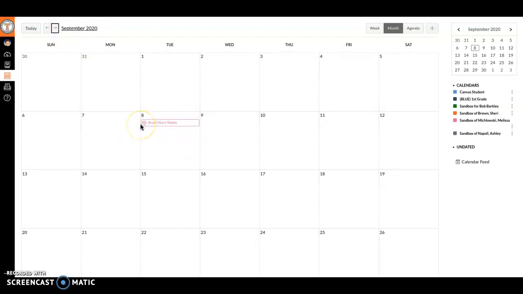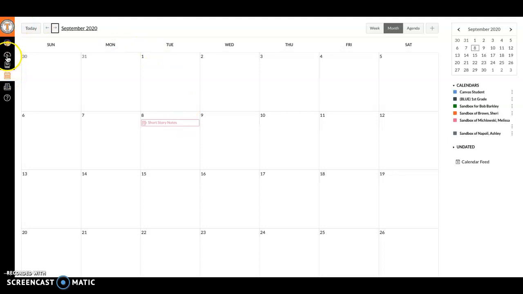We don't have many just because the courses aren't fully active yet, but you'll see this is pink, which is color-coded to my course with the pink teacher. And these are, again, just sample courses for right now, so they're not named, just teacher names. But you can see how it will color code your assignments to help you see what assignments are due for